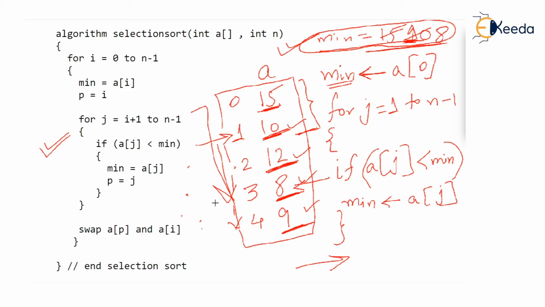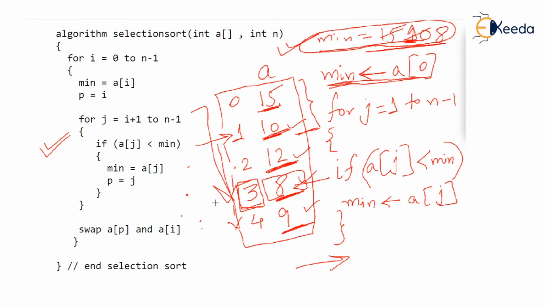Okay. Now one more thing. We know how to find minimum from this entire array from 0 to n minus 1. But suppose the question is not only to find out the minimum, which is 8, but also to find out the place at which that minimum is present. So how will you find out the place? What you do is, at the beginning of the algorithm, you said min is a0, I'm so sorry.